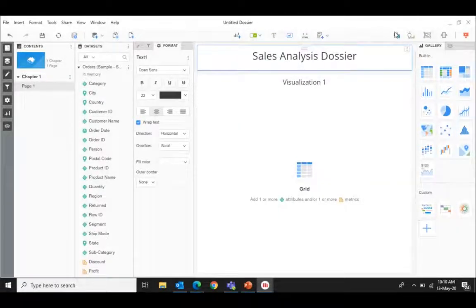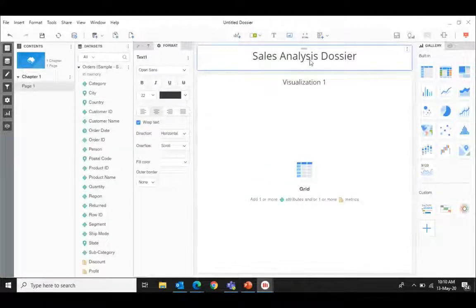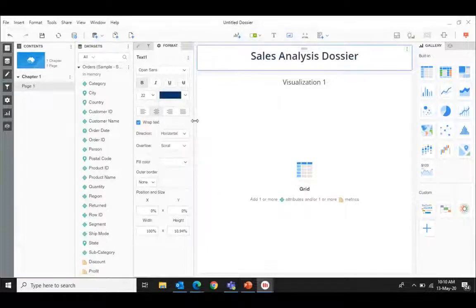Okay, that's cool. And I just make it blue, and I change the font color. Fine. Now the most important thing, and one of the most beneficial things this MicroStrategy Dossier has over